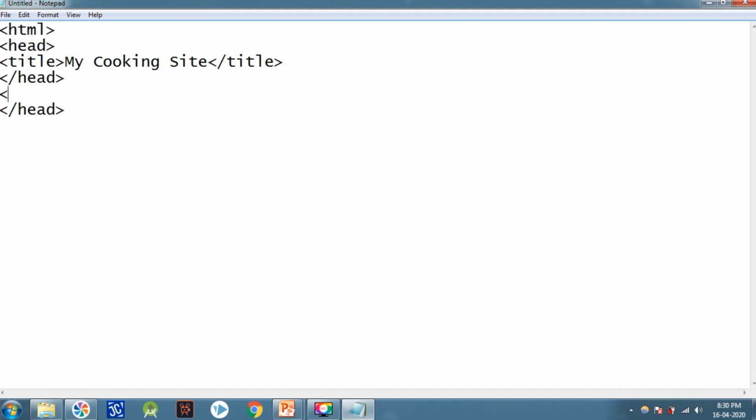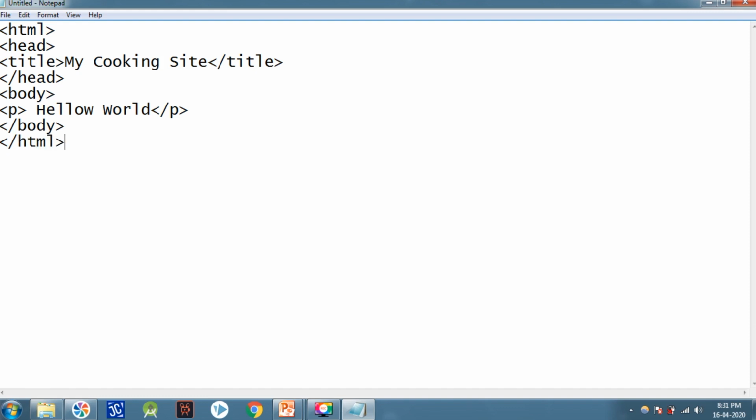Under that I will put the paragraph tag, hello world, and then the tag close. Now I have to start the body tag. Under the body this tag will be placed because it is the visible part, and then the body will close, and at last HTML will be closed.